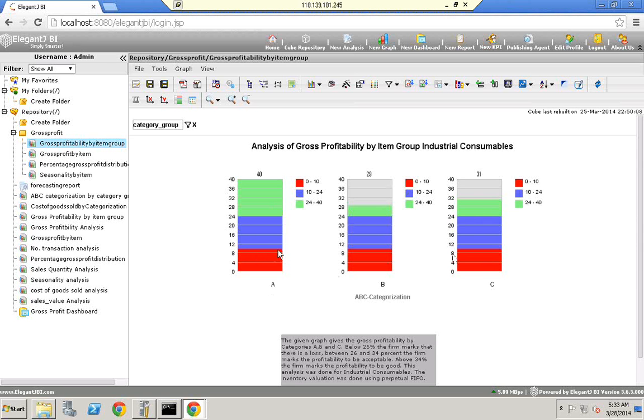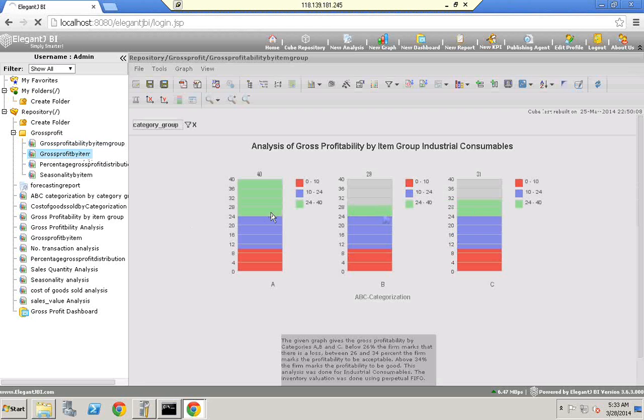And we have kept a cutoff mark of 9% for each of these categories, because below this is actually a loss-making attribute. Between 9 and 24% is sort of acceptable. Above 24% is the green zone, which is the pink, and that means the product is doing very well. So as you can see, in all the three categories, the company is making a good gross profit. Then I look at the next